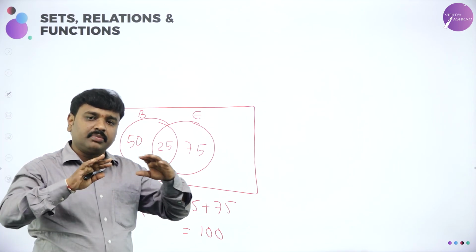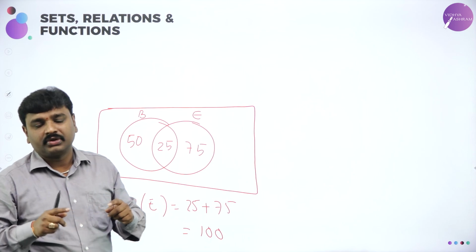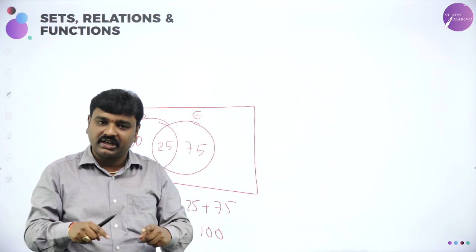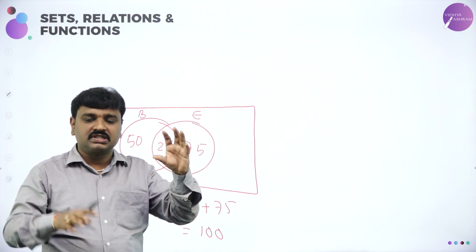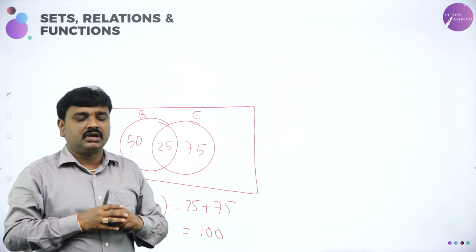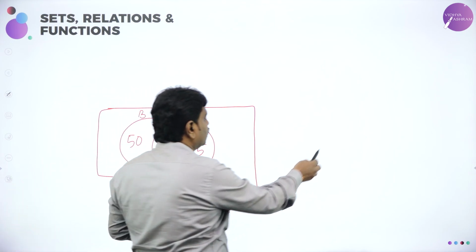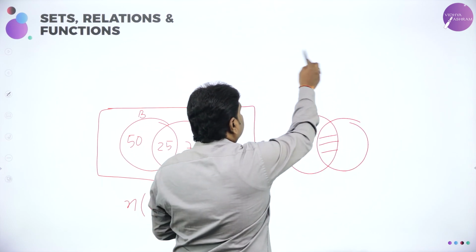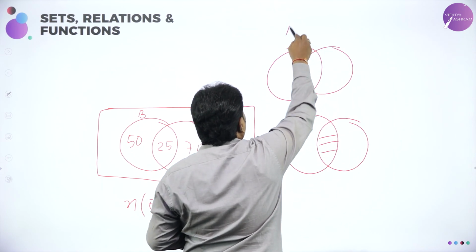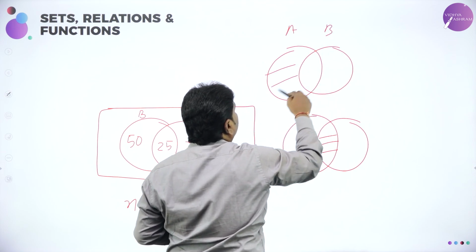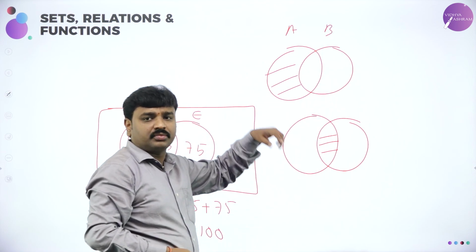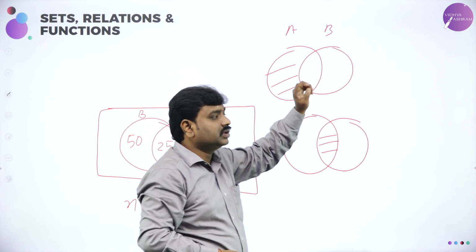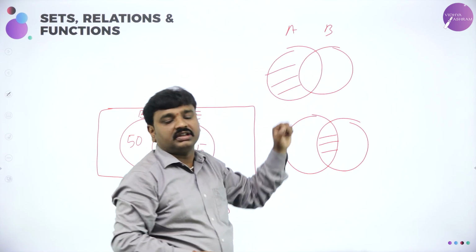Or you can do every problem like this using Venn diagram. Universal set is represented by a rectangle and each set is represented by a circle, and the intersection is a region called the common region. Intersection, common or both. If I take A and B, this region is A only. Similarly, we will have B only, this part, and A means the complete circle, like that.